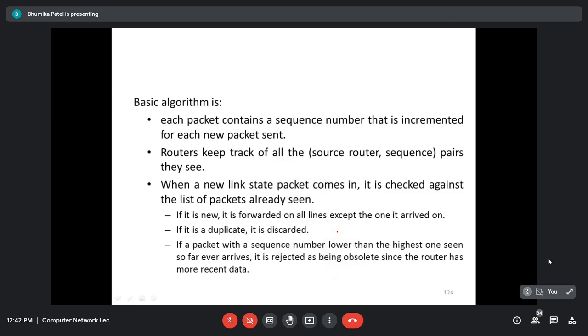The second problem is if any router ever crashes. Say a router in the network, for example router A, is crashed, somehow goes down, or the link between any two routers is cut. Then what will happen? This router A is going to lose all the data that it has already. For example, router A has sent 5 packets so far, and after that it crashes. Then all the information for those 5 packets, it is going to lose.